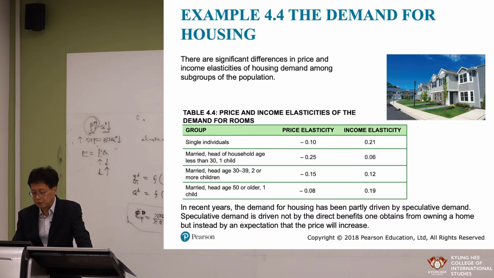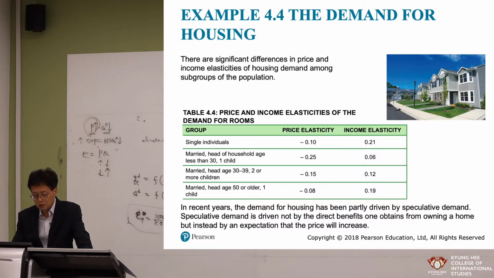Each group has different price elasticity, and also different income elasticity. For example, when we move from this group to this group, price elasticity decreases and decreases, right? And when we move here to here, income elasticity also